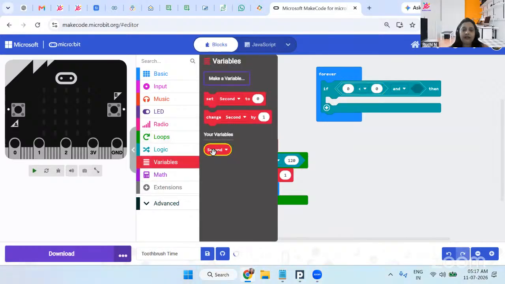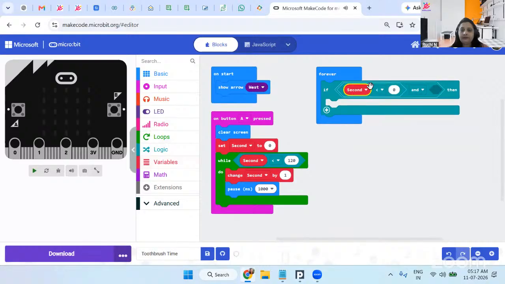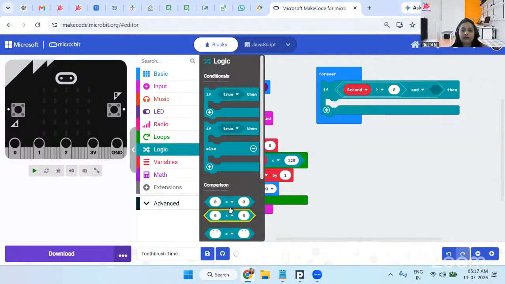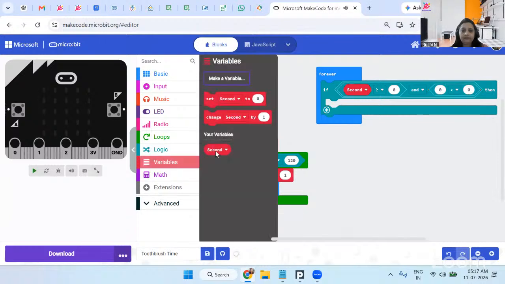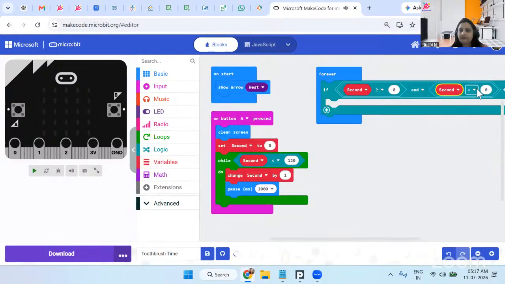If my seconds variable is more than or equal to 0, and my second logical test is going to be if my seconds variable is less than or equal to 60. Yes. For the first 60 seconds, for the first minute, what we are going to do is show